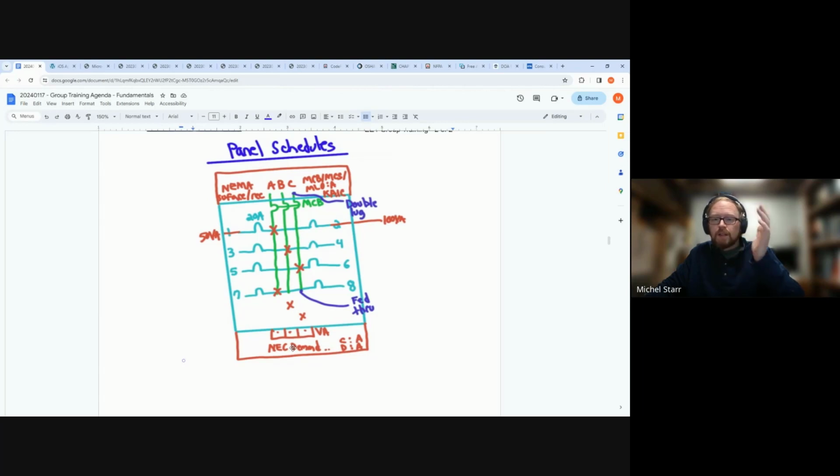Typically, they could be single pole or a really small number of poles per breaker. 2 pole could be, so like for a range or your stove, or a water heater needs 2 hots, so that's a 2 pole breaker. So that would be a handle tie here, or like this C is a handle tie for a 3-phase panel board. The panels can be fed through, so there could be another panel right next to it,